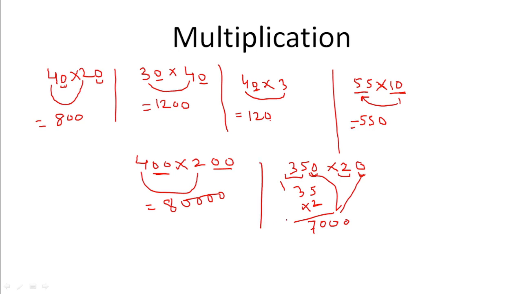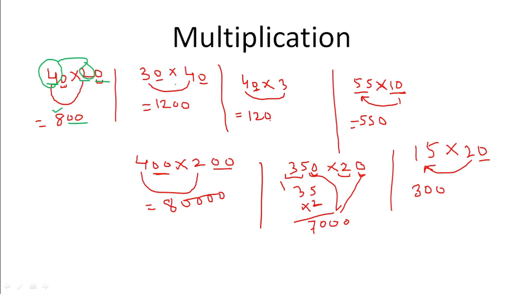Similarly, if we are trying to multiply 15 by 20, we will forget this 0. 15 multiplied by 2, that is 30, and this 0 is here only. So whatever zeros we forget at once, we will use at the end. Here if we forget the 0, only 4 is there. Forget the 0, only 2 is there. So we multiply 4 and 2. 4 twos are 8. Now 0 0, we use this.